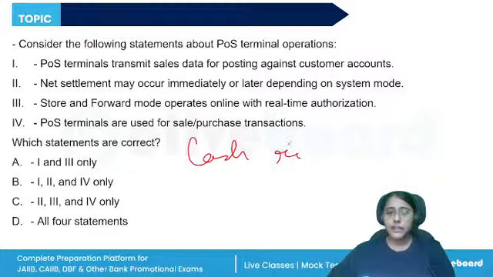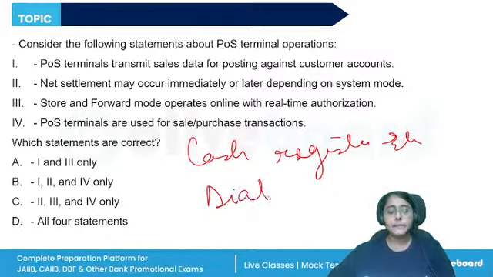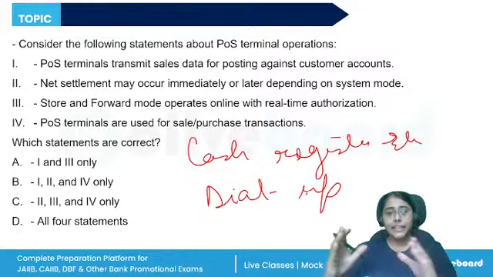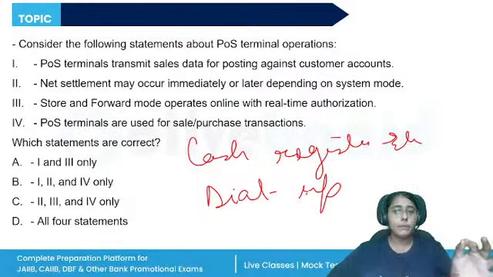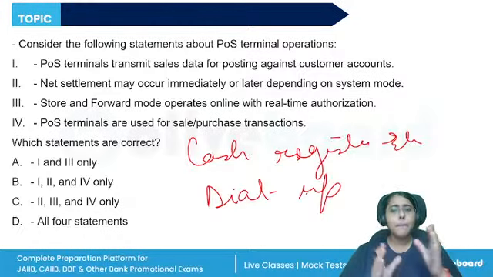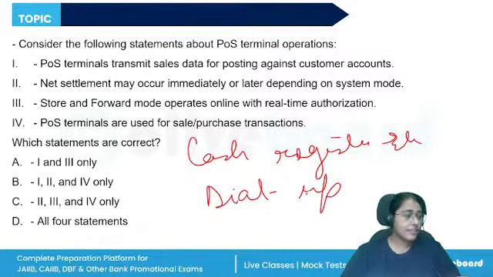the electronic cash registers. And the second is the dial up terminal. The electronic cash registers are used by high volume merchants like the departmental store. Dial up terminals automatically dial a special telephone number to obtain the authorization. Net settlement may occur at the same time as the transaction or soon after that. It may occur later in the day,